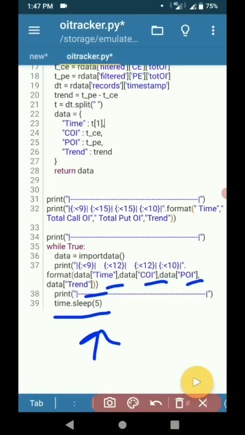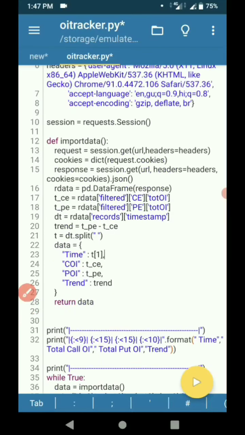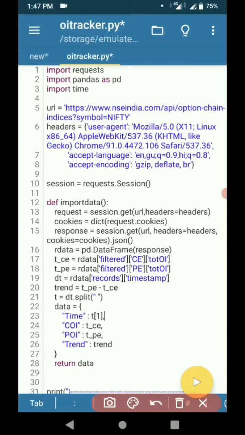In this way you can track Nifty and Bank Nifty with just 39 lines of code from your Android device. For Bank Nifty you just have to change the URL here. You have to write Bank Nifty instead of Nifty, then you will get the trend of Bank Nifty also.